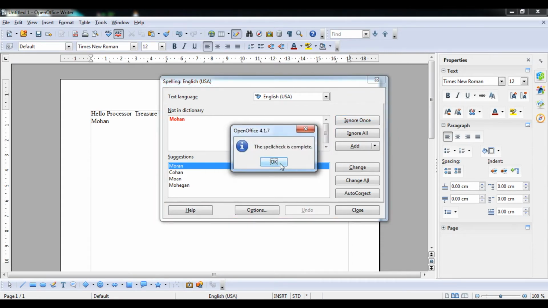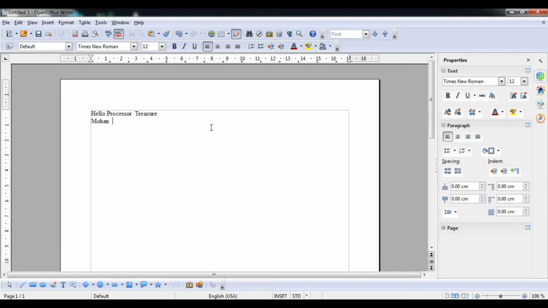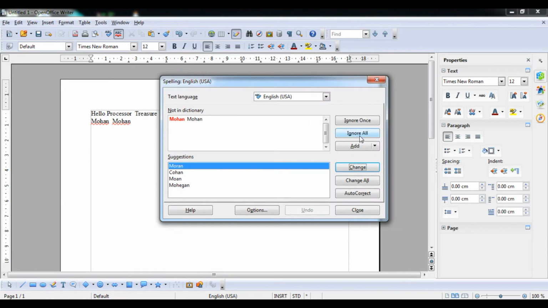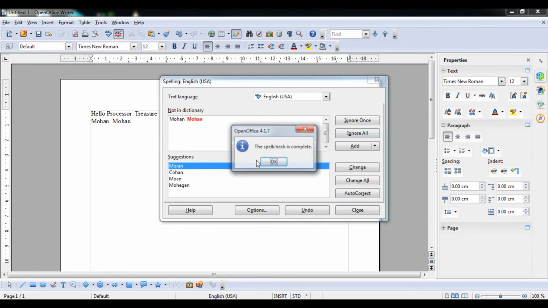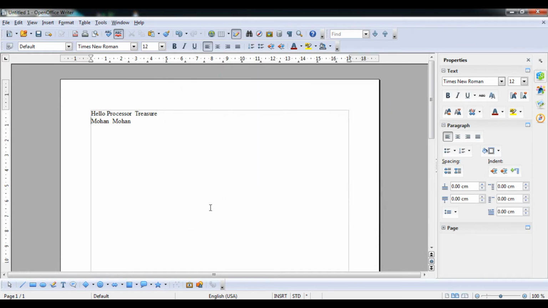So if multiple times you write the particular student name again, now you can see that 2 times it has come. So what we have to do, student, is just go to the ABC button or F7 and ignore all. By that you will ignore it every time while you are writing the name Mohan, okay student, because